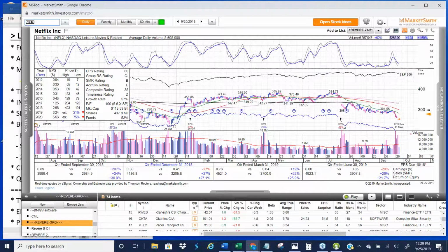And notice the slope of the 21-day exponential moving average. Every time it comes up and runs into it, it fails, and now it's making lows all the way back to late December. So any gains that you made from late December, if you were still holding on to this,